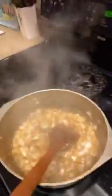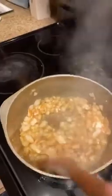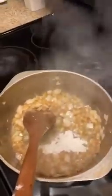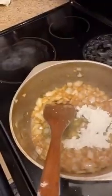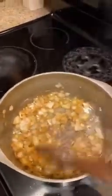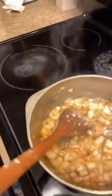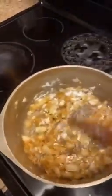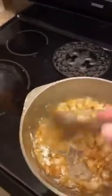Okay, so now we have our sauteed onions. I added a little bit more oil because now I'm going to be making a roux. Gonna add some flour. I'm gonna stir that up. I'm making a light roux, so you're not gonna want to cook this long. You're just gonna want to thicken it up a little bit. You're gonna let it saute a little bit after you have it stirred in with the flour,